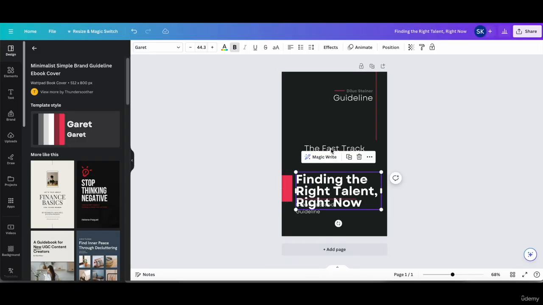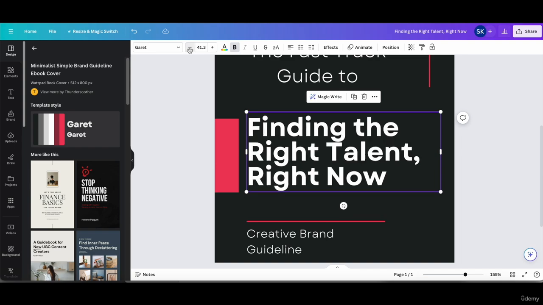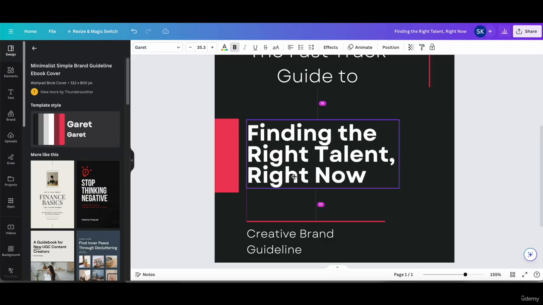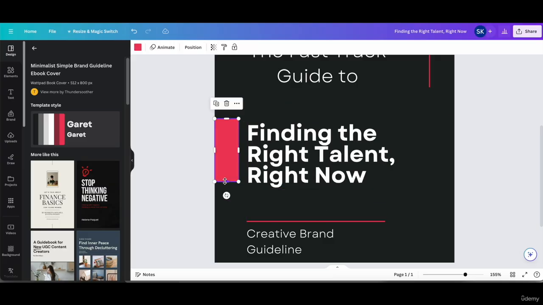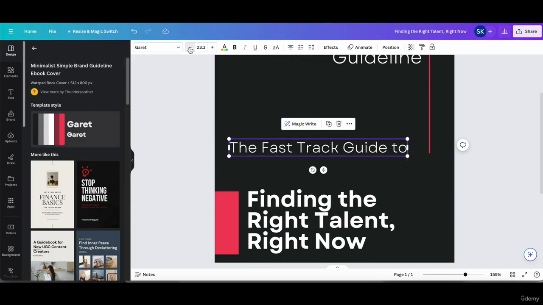Finding the right talent right now. I will bring it a little to the top. I think the logo size can be made a bit shorter so that it looks cleaner. Yeah, this looks okay. Just a quick version of how we can quickly design a cover image. Again, this one would